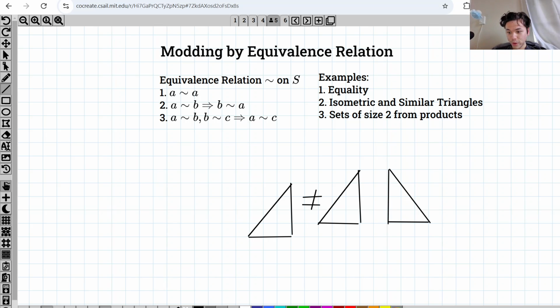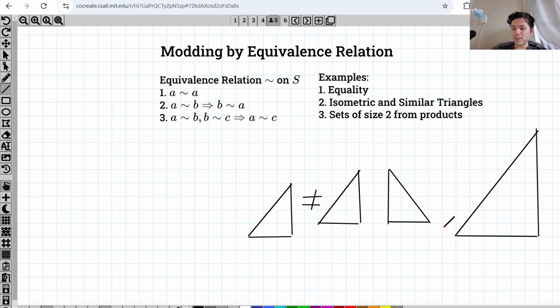And the last one for similarity is that I can give 1, 2, 3, 4, 5, 6, 7, 8. Okay, so we're doing a 6, 8, 10 triangle. And this one I would have to translate over to show that it's similar, but I'd also have to scale it down. And so we say two triangles, T1 is similar to T2 if there is a transformation of the